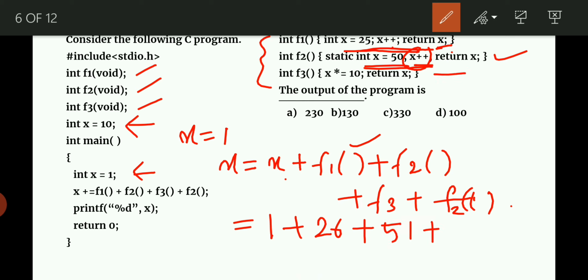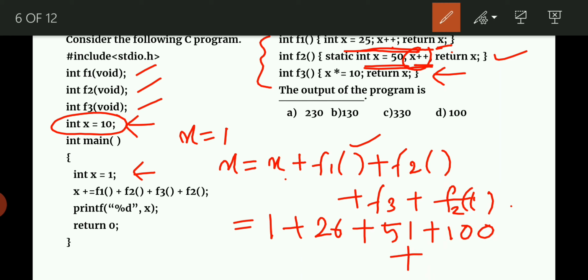Then when we come across function f3, x *= 10, that is nothing but x = x * 10, but no x is declared in this function, so it will take the global variable x equal to 10. So x = 10 * 10, that is 100, and it will return the value 100.